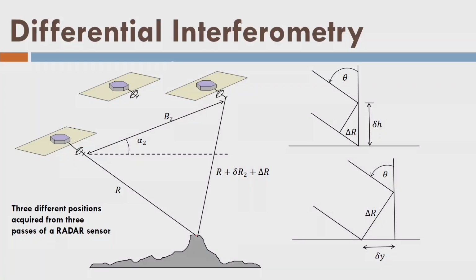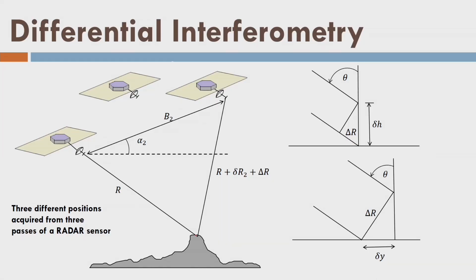Now let us look at differential interferometry. In the case of differential interferometry, we want to find out the change in the position of the point. Let us say there is a glacier, as we have already discussed. We have already shown how to use two-pass interferometry to measure the velocity of the glacier. But we were measuring the velocity of the glacier on some datum surface, where we assume that there is no height of the point. But here we are saying that we want to find out the topographic changes of the surface point on the surface of the earth. So this point has some elevation. It is not on the datum, it is situated somewhere up.